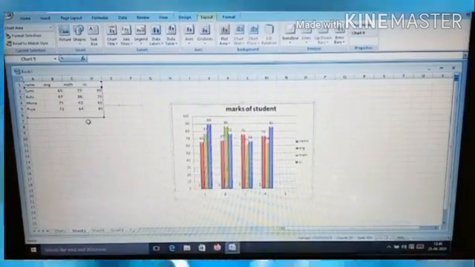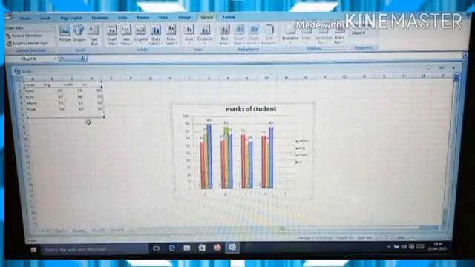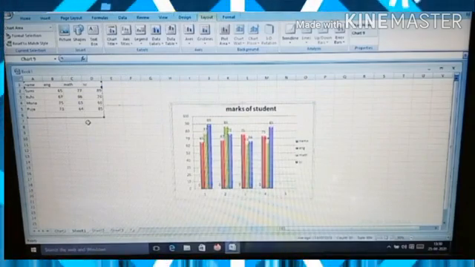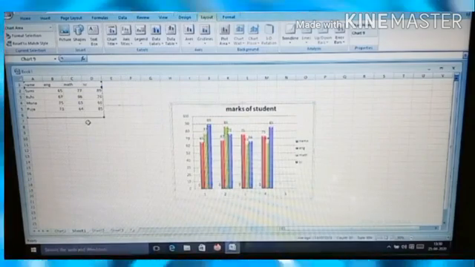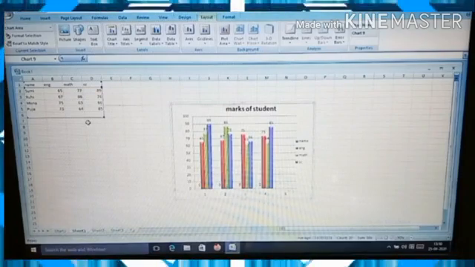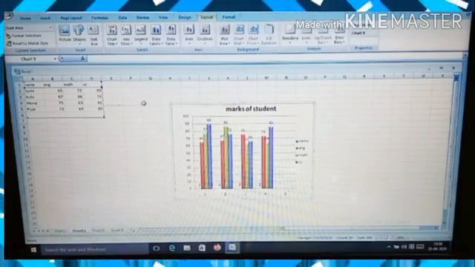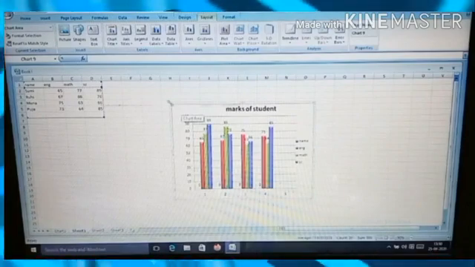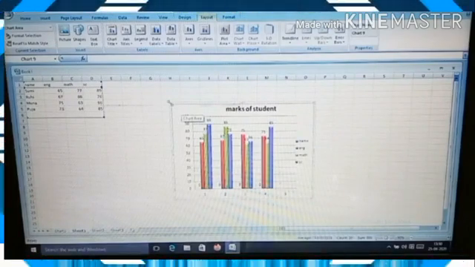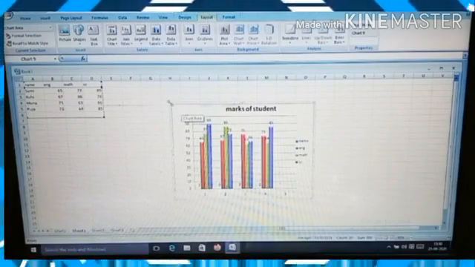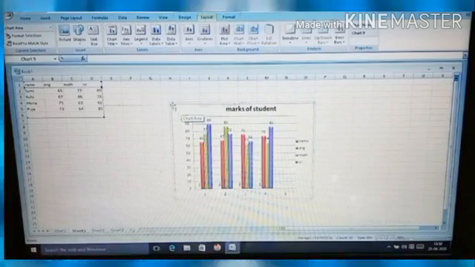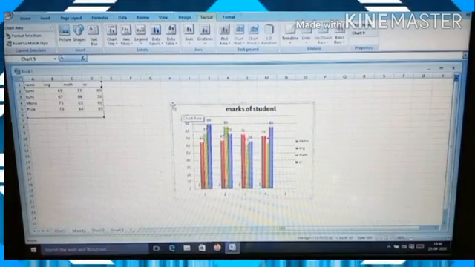Now I'm going to tell you about resizing, moving and deleting. First of all, see resizing. You can adjust the chart by using its handle. To resize the chart, let me tell you one thing.